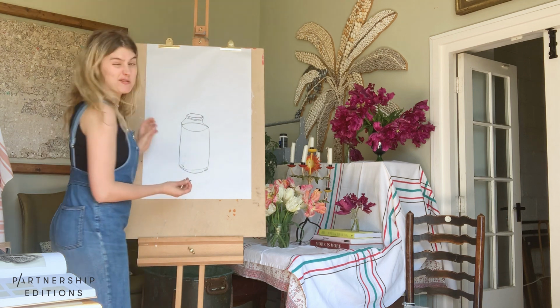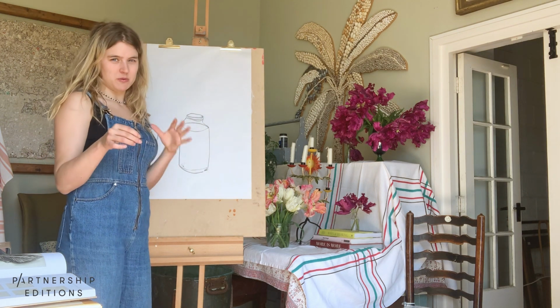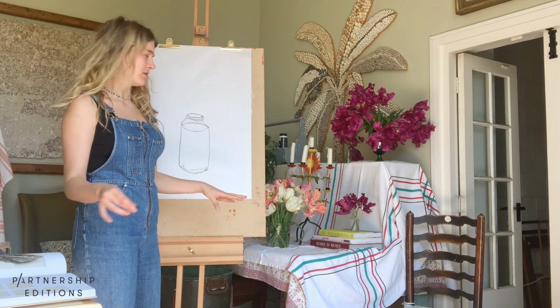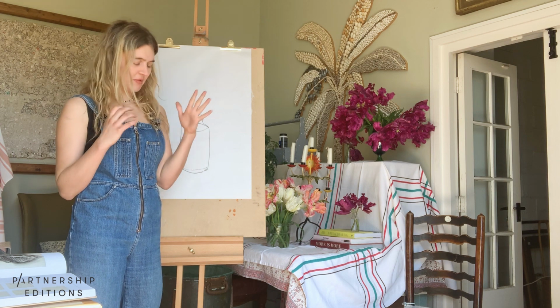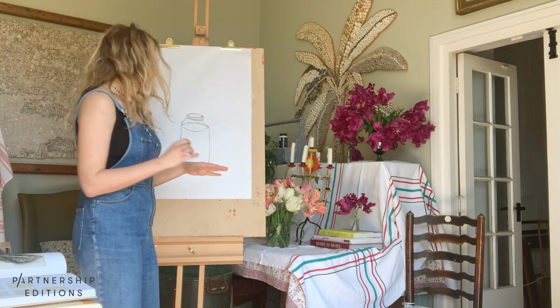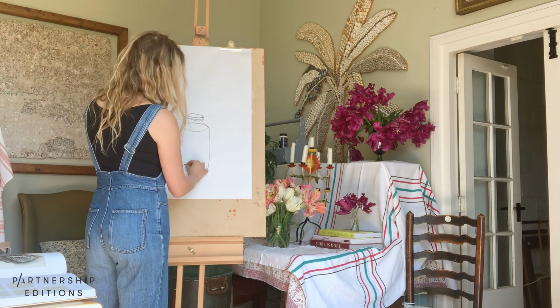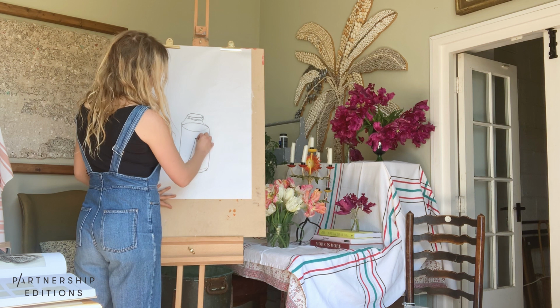I'm going to make them just so they're floating, which actually I quite like. I start most of my drawings with just one object and then I kind of work my way out. So sometimes I decide to have things kind of floating in a room or on a table or wherever, but that's how I'm just going to start this one. So then the stem going up,